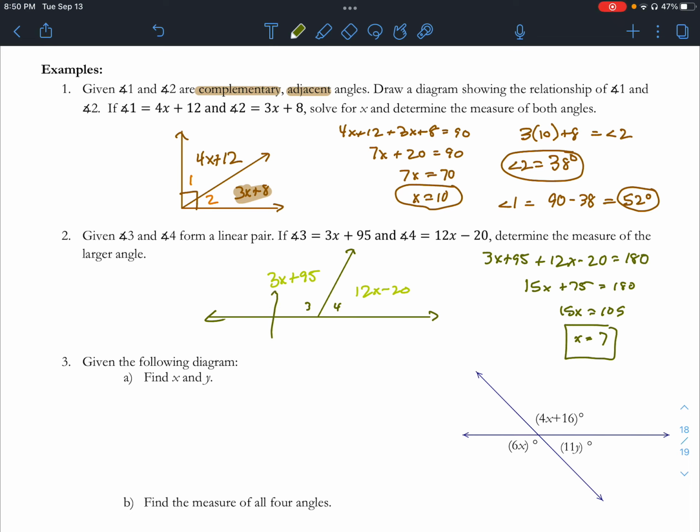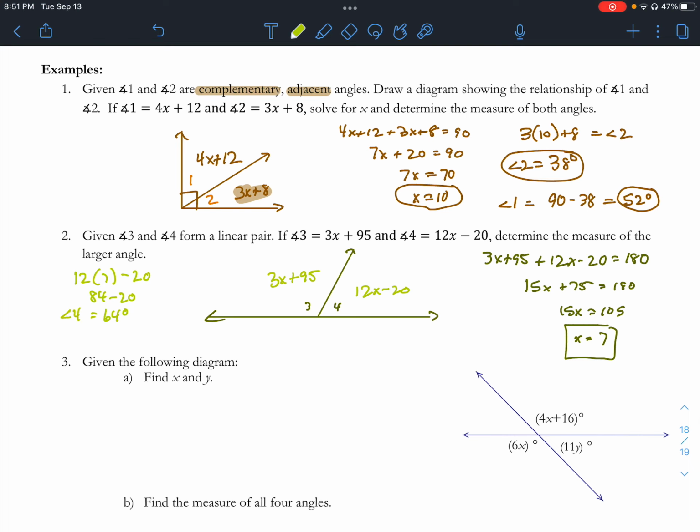So if x is 7, again, I either have 3 of something or 12 of something. Well, this one might be actually close just because I'm subtracting 95. So I'm going to have to kind of guesstimate on one of these and just plug it in and see if it ends up being larger than 90, because that would mean the other one would ultimately have to be less than 90. So I'm going to go with my gut instinct and do this one, but I think I might be wrong on that. Let's take that as 12 times 7 minus 20. So this would be 84 minus 20. Ooh, I was wrong indeed. This one does end up to be 64 degrees for the measure of angle 4,